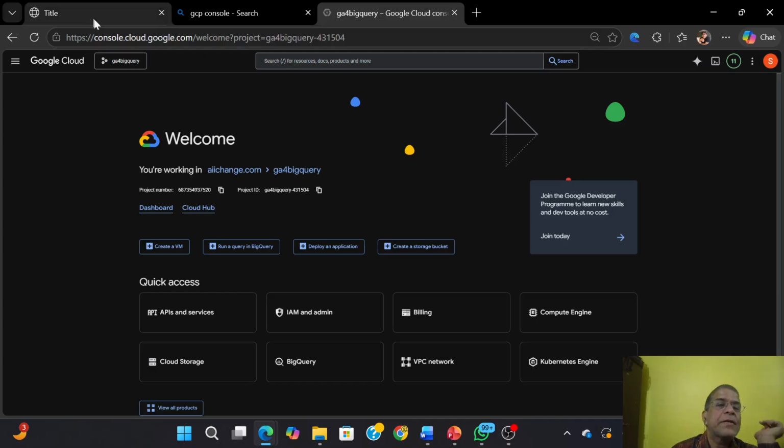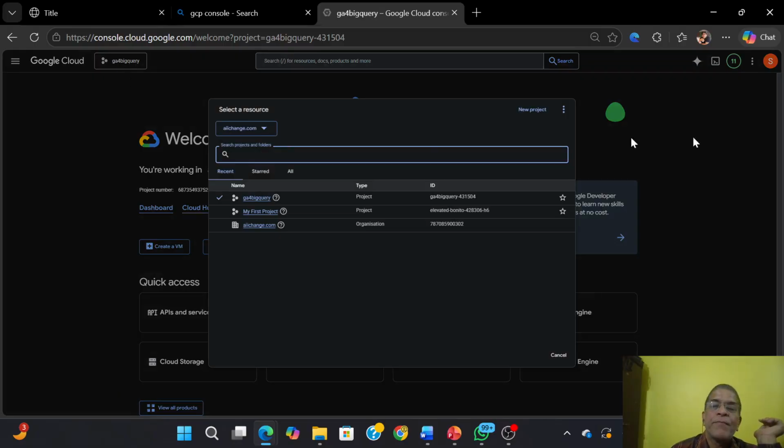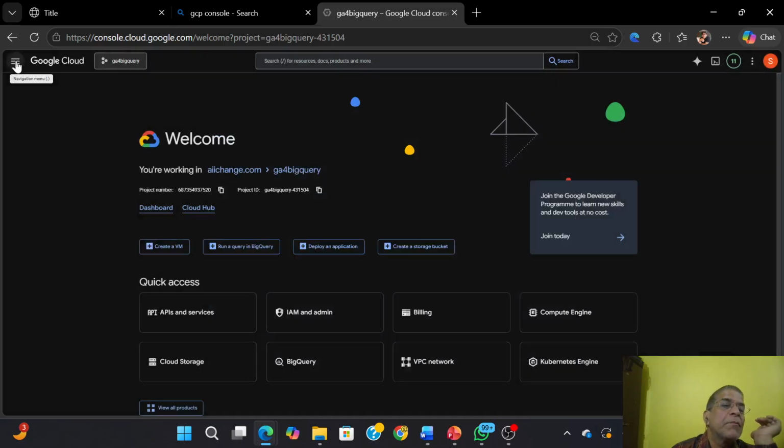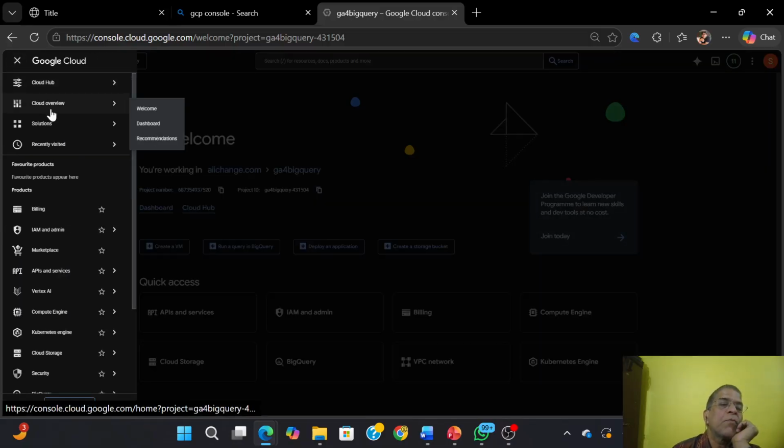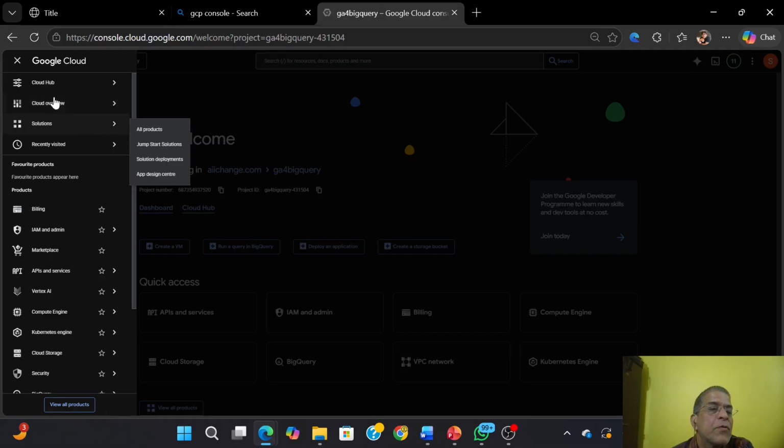After you log in, you can create the project. You can go to the new project and then create the project, or you can browse from here. You can go to cloud overview. Can you log in and see this page or create the project? That is very important. The rest of the things can be done simultaneously. Do that first. Log in, create one project, go to cloud overview,